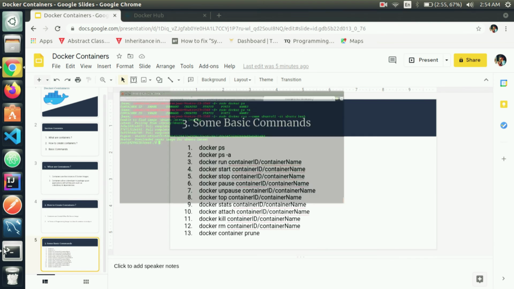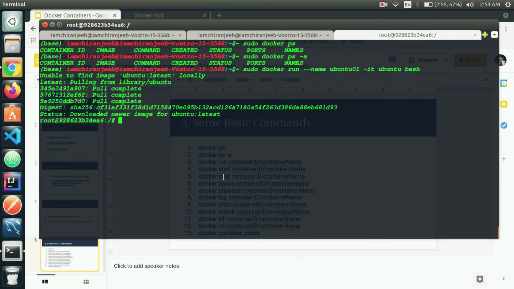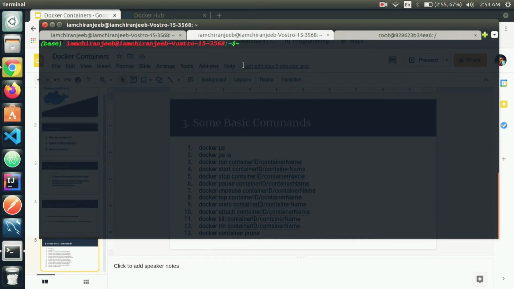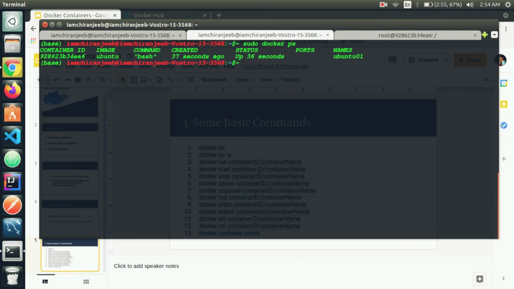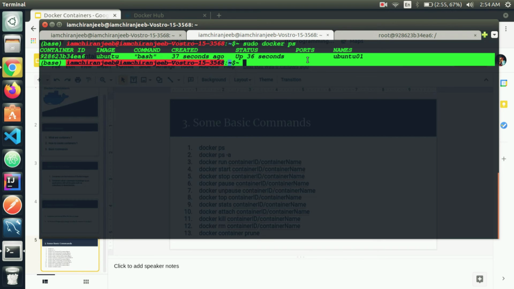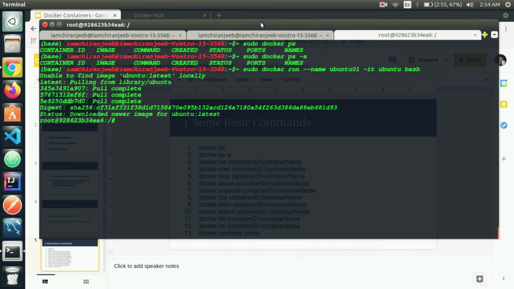I am already running a container, so I cannot start it again. Let's stop it. First of all, I will see all the running containers. Sudo docker ps. Yes, here you can see this container ubuntu01 is running, and I will stop this.